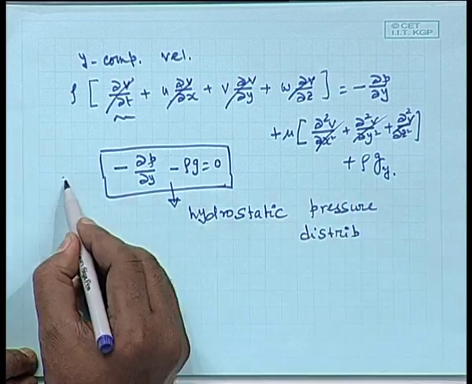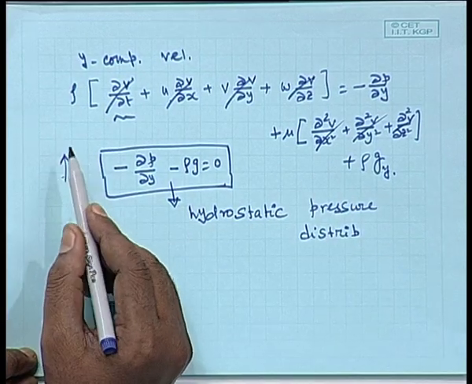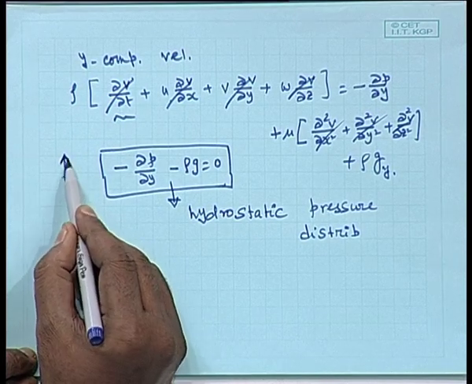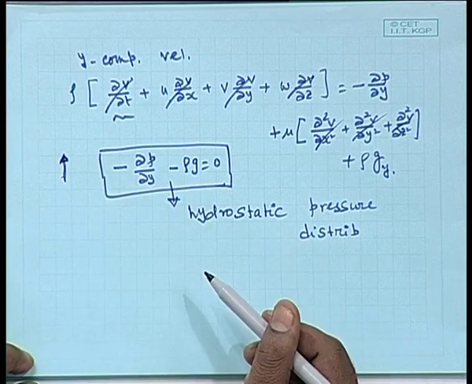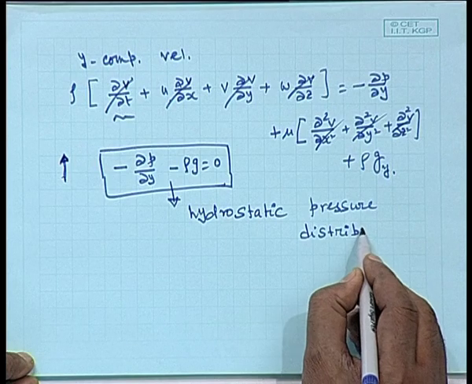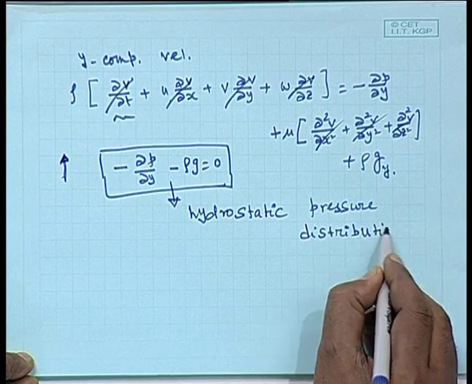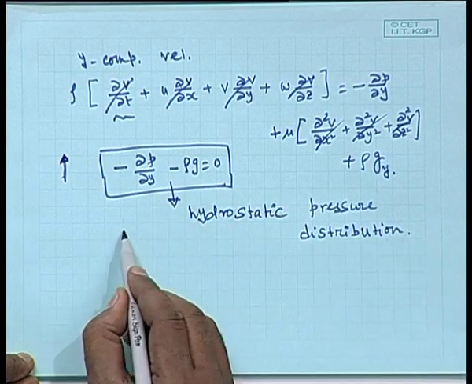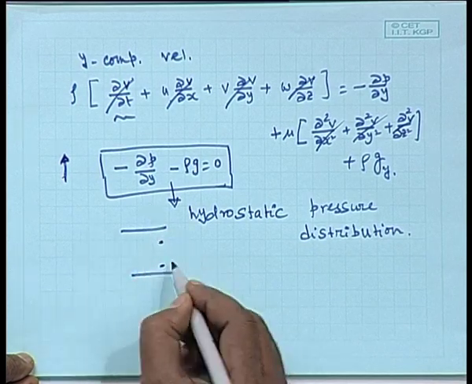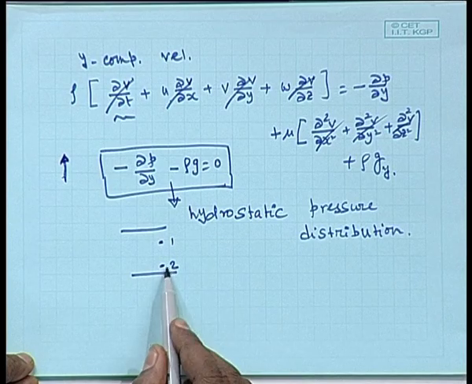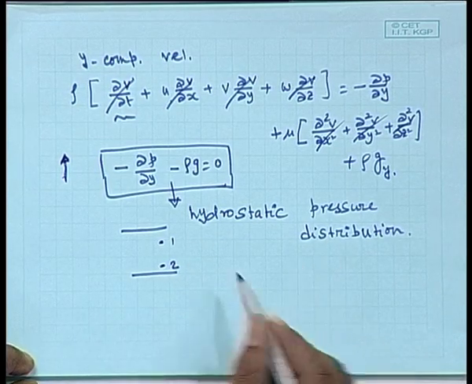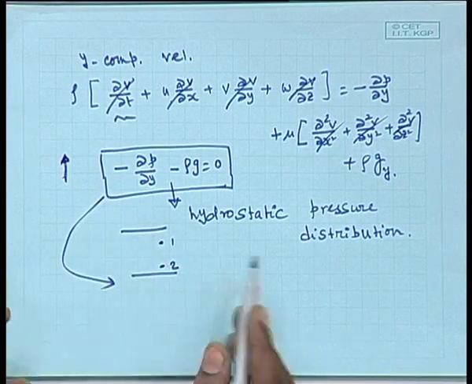g_y, if you look into the coordinate we have adopted, g_y is equal to g in the upward direction. So, g will be minus g only, is it not? That is well known. Suppose you talk about any two points in the vertical direction, 1 and 2, P2 will be P1 plus rho g y, if y is that height that we are considering. It does not give any information about the velocity field.